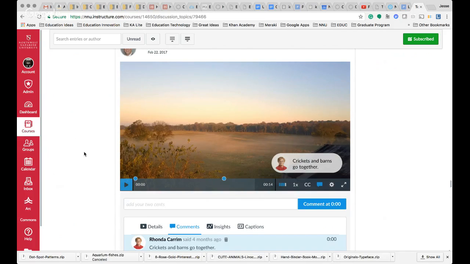And on a video, if you don't want to see the comments, you can click this little blue comment button next to the closed caption, and the comments are hidden. So you could watch the video without seeing all of the comments. It's got closed caption support, playback speed, volume, and some different quality controls. You can view it full screen or small screen. So it's a very robust little program,